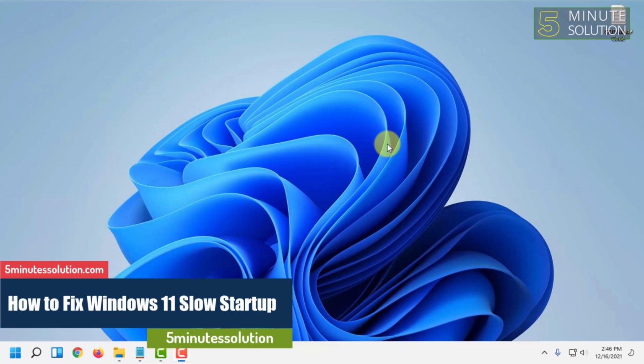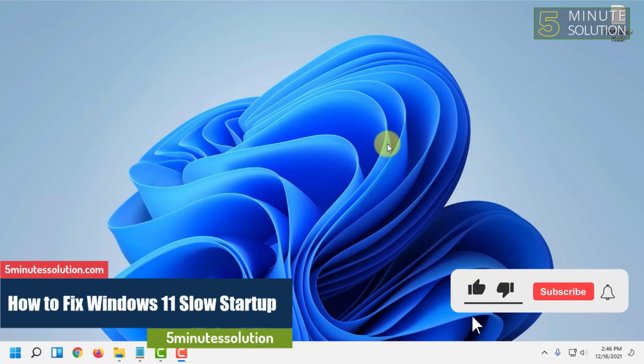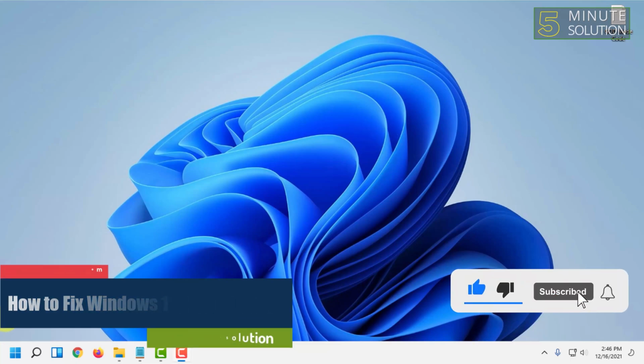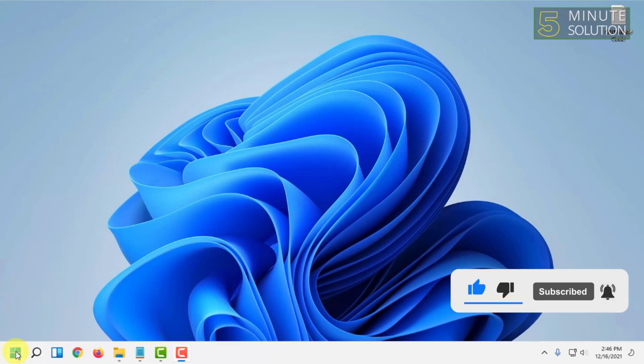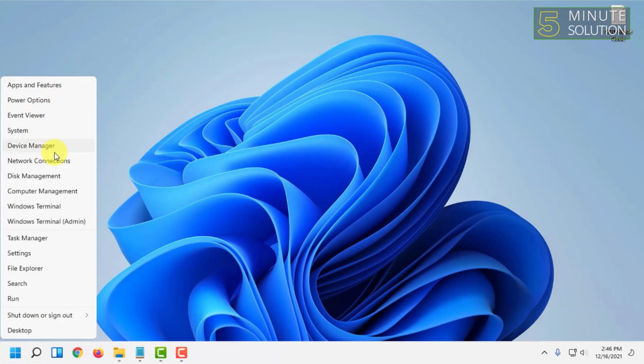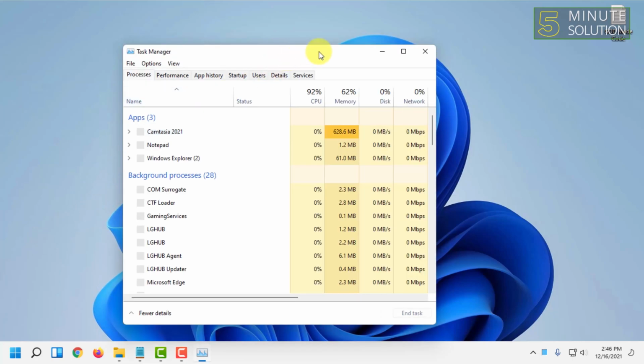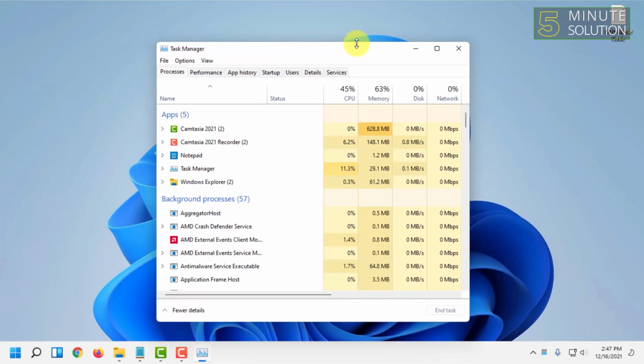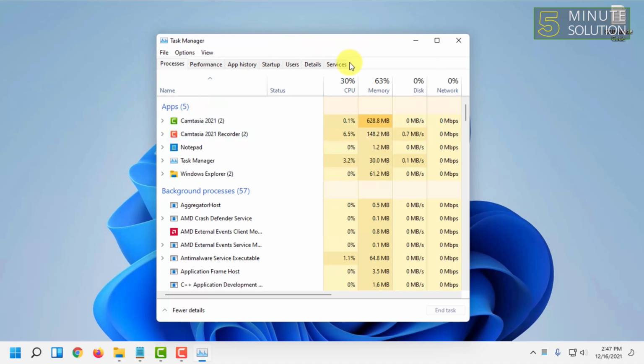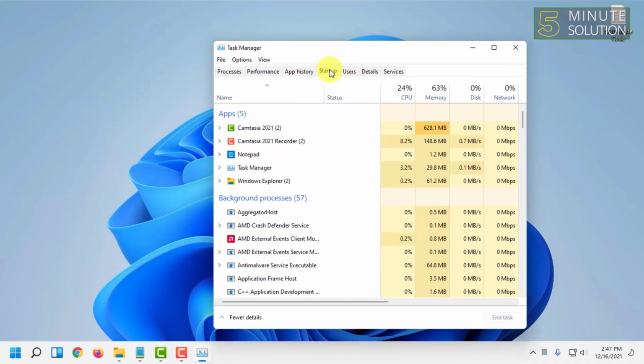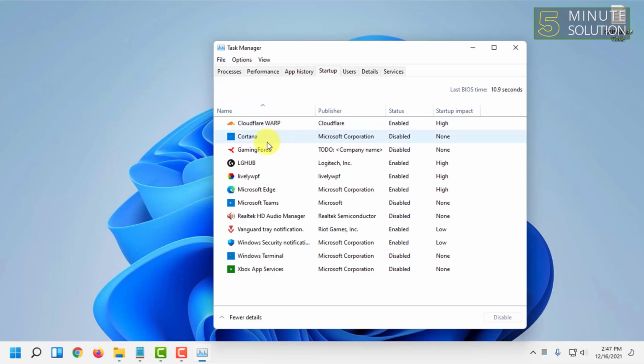In this video I'm going to show you guys how you can fix your slow startup in Windows 11. So for that, first you have to right click on here and open Task Manager, or you can simply press Ctrl Shift Escape. So after that, here you will find startup options. From here you have to disable all the unnecessary apps that are